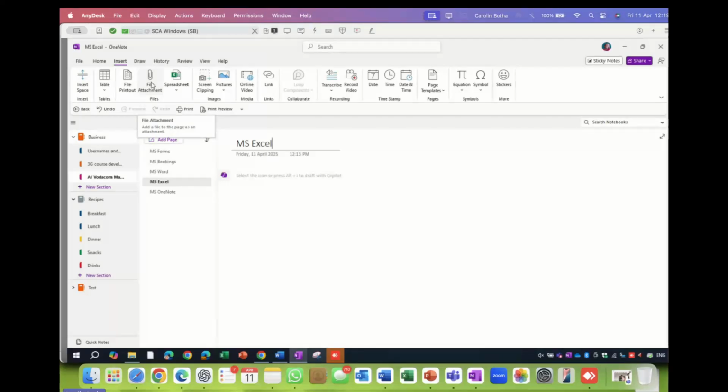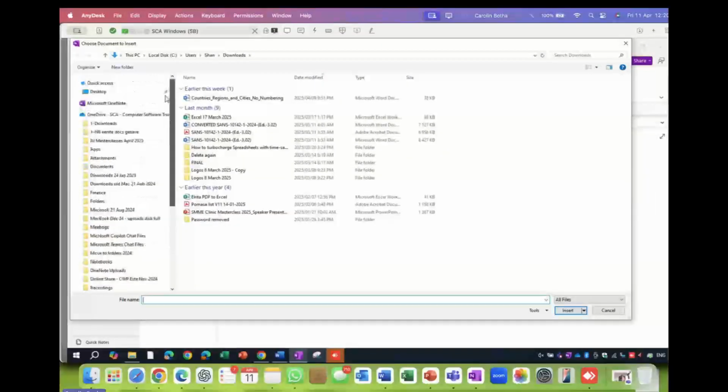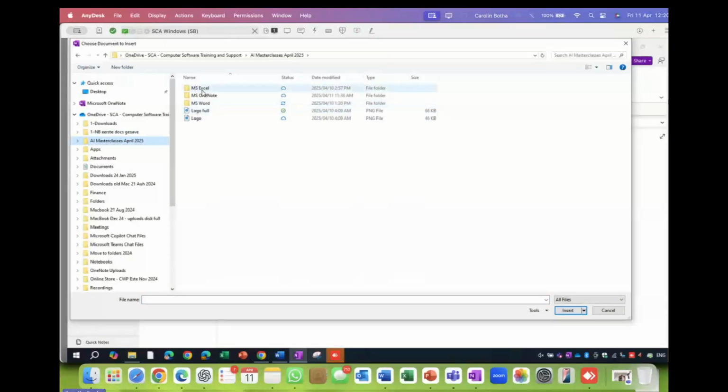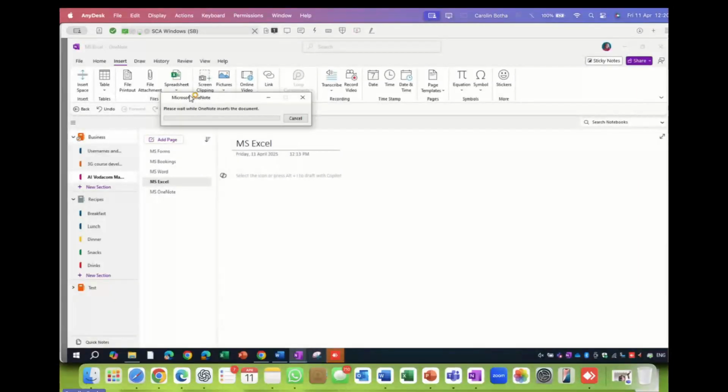On the file printout, it will take me to my file explorer. I can go there and I can go to Excel and I can insert the presentation. And what happens is it's just taking it from OneDrive.